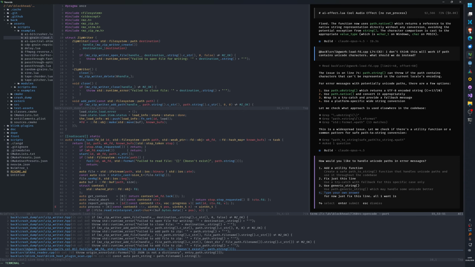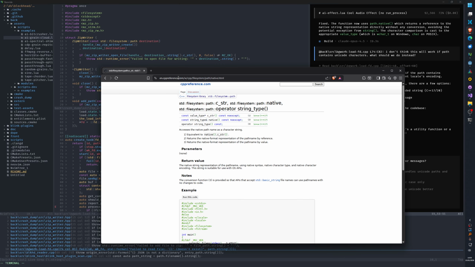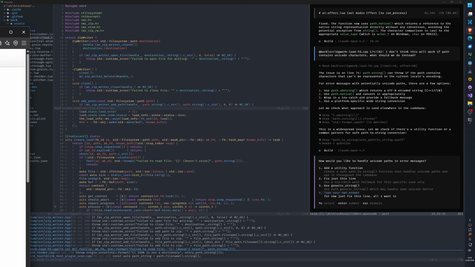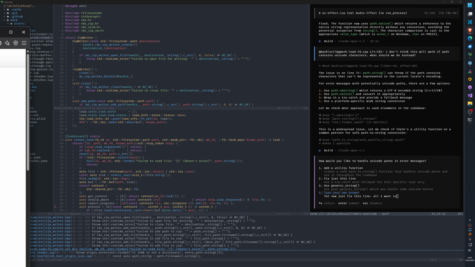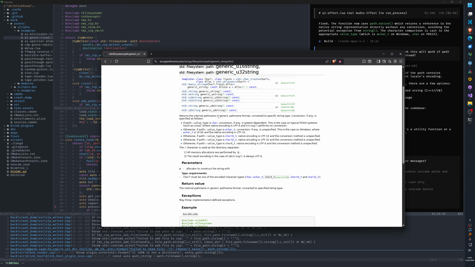Generic string. This is just for an error message. Okay, hold on. Generic string. What is this? Generic path name format.